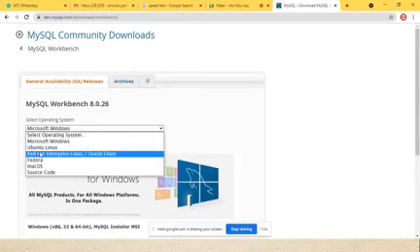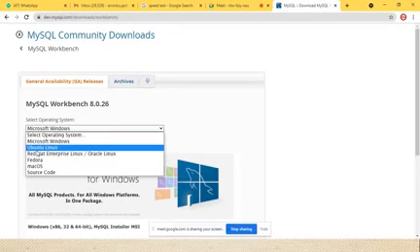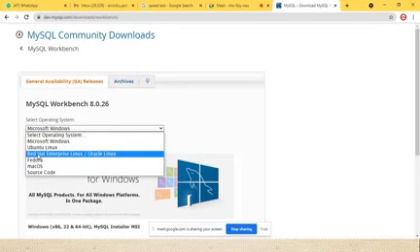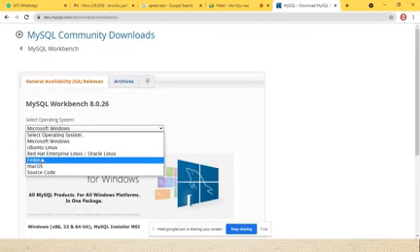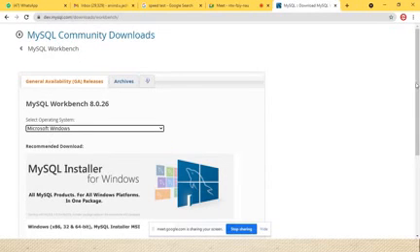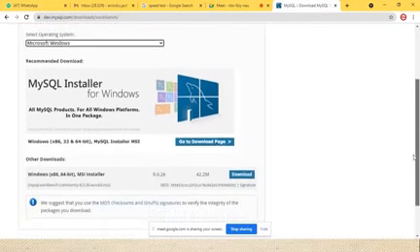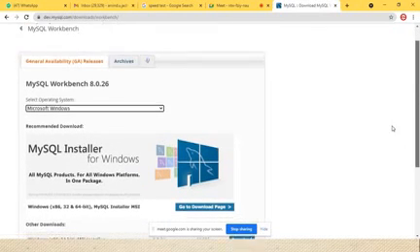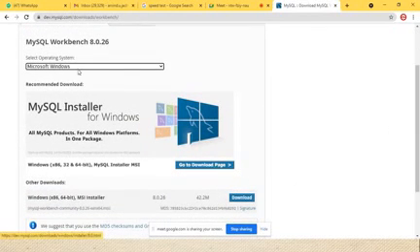In the high availability, in Ubuntu we use apt-get. In Red Hat we use the yum repository, and in Fedora also we use the yum repository. So that's why they have given different versions. So just select Microsoft Windows and click here to download. Okay, so before that, go to the download page. First select it, and after that click on go to download page.